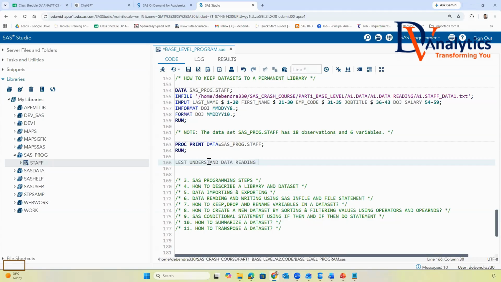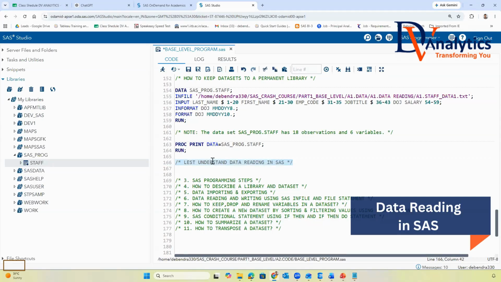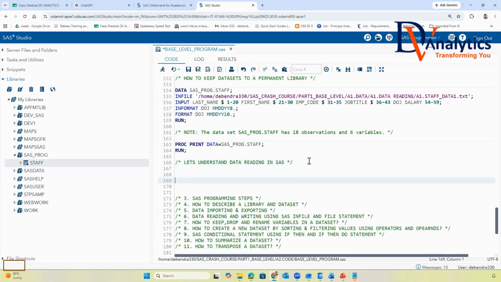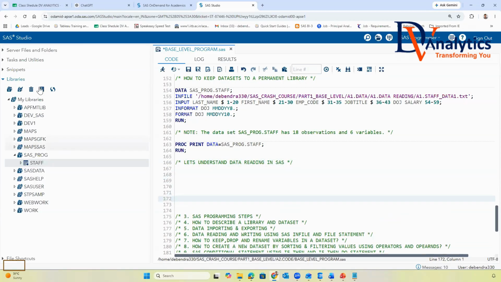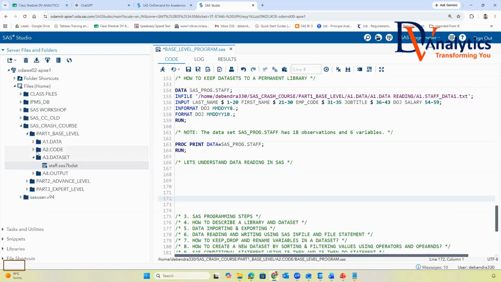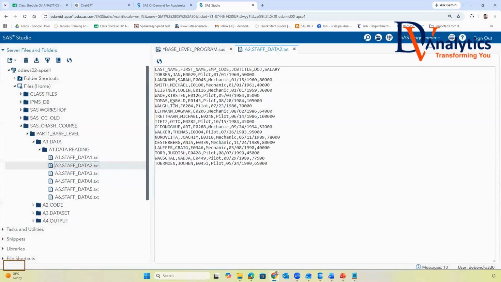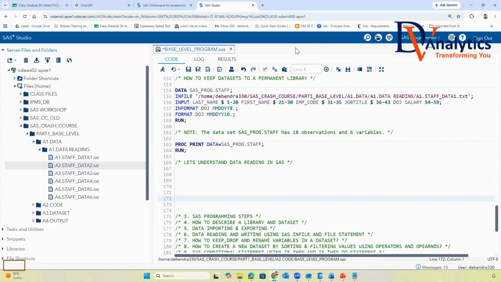data reading in SAS. What is called data reading in SAS? I'll show this example to you here, guys. Now, go back to the folder, go back to the data, go for this step 2, this tab data 2, open. In this, can anyone tell me what is the delimiter? Comma. Comma is a delimiter. Now, how will you go for reading this data with a comma delimiter?